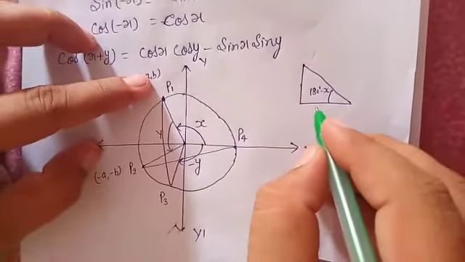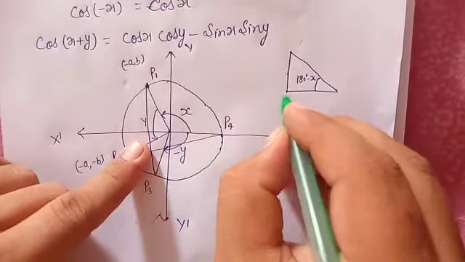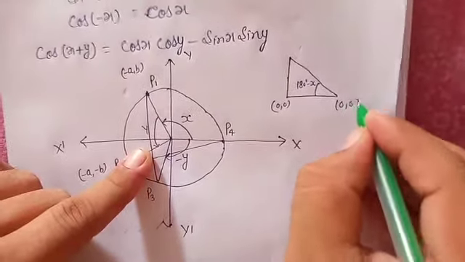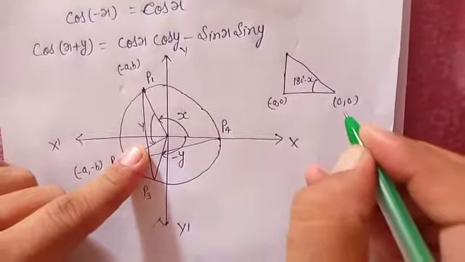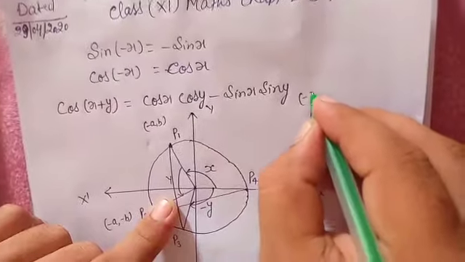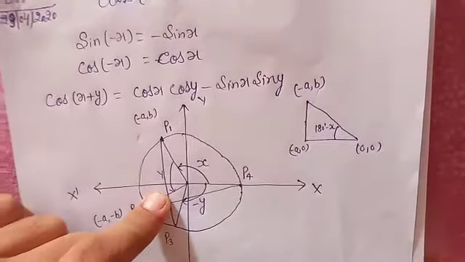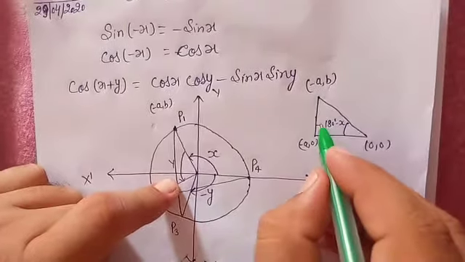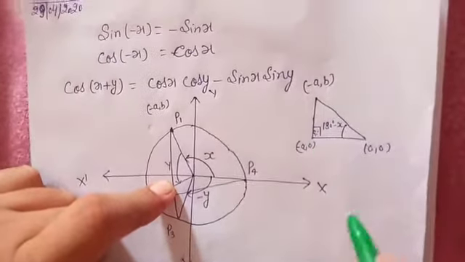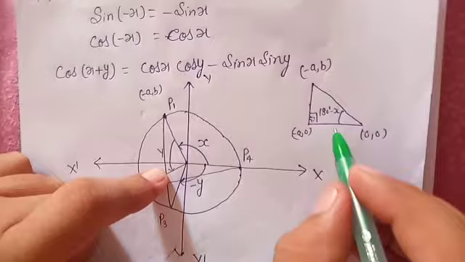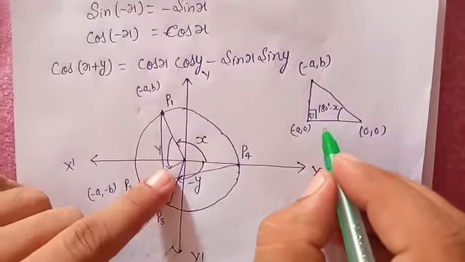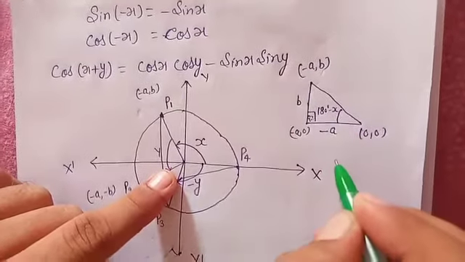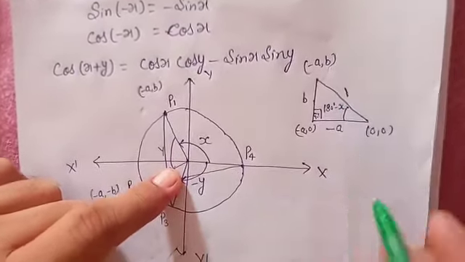So you can say here like this. Here is your 0 0. This is 0 0. This is minus a 0, and this is minus a b. Yes, you have to find out beta. So this angle is 90 degree. This is minus a, this is b, and this is 1 unit. Circle radius is how much? 1 unit.